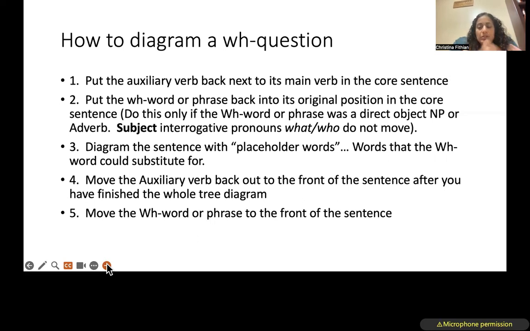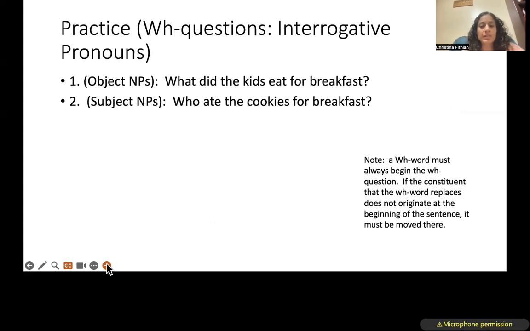We'll see those steps in action when we diagram on Friday. But for now, you can take a look at some practice. Oh, and I forgot to label this. Okay, so the